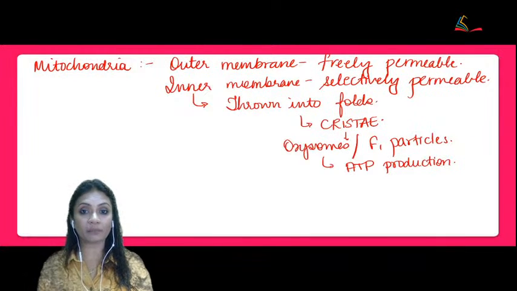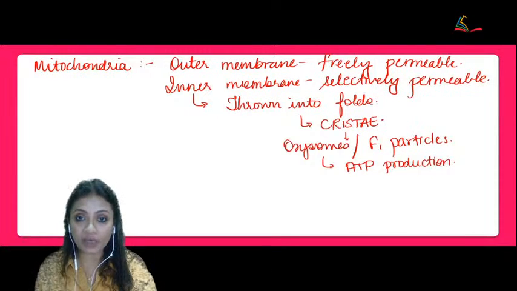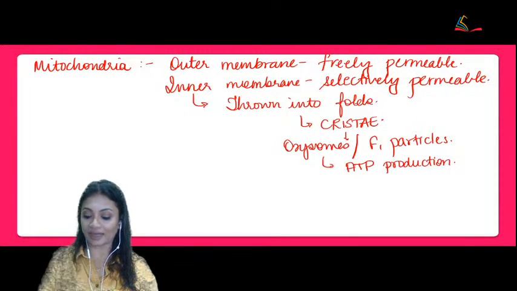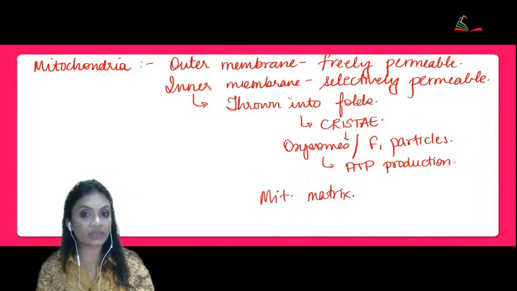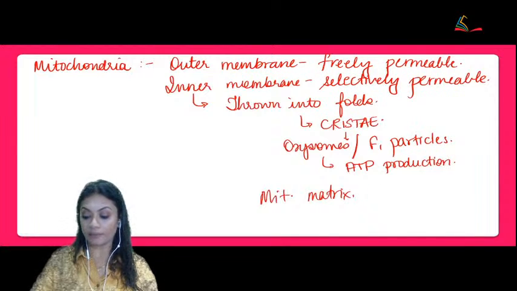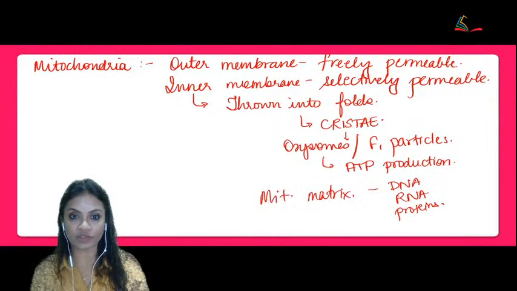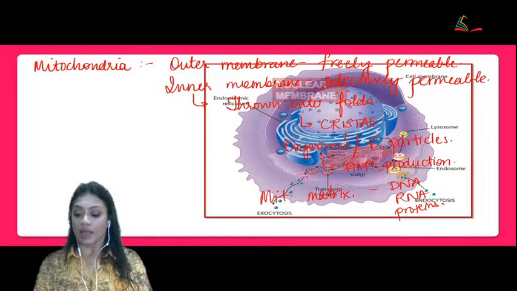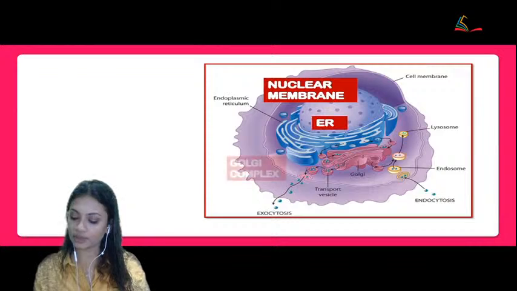Remember, the inner membrane of the mitochondria is filled with a matrix, and that matrix is called the mitochondrial matrix. What does this matrix contain? It contains DNA, RNA, and proteins. All these structures were found over there. Now let's go ahead and start with